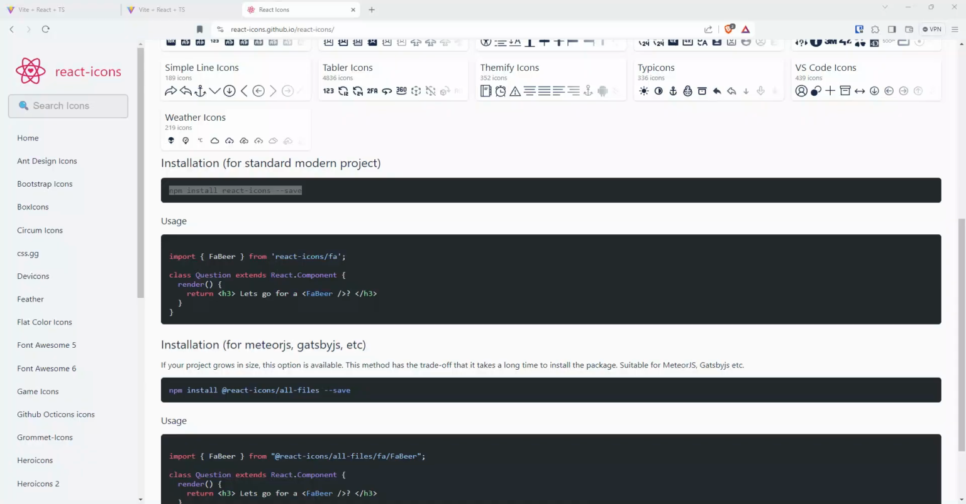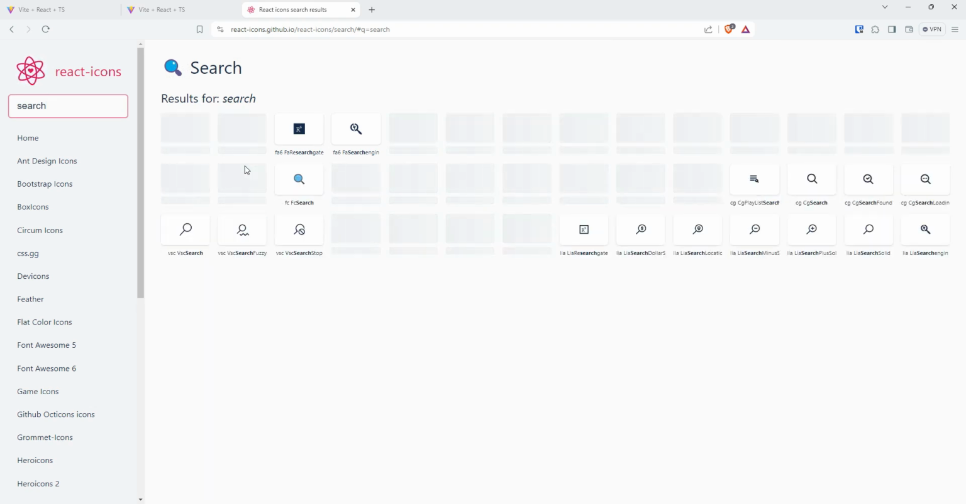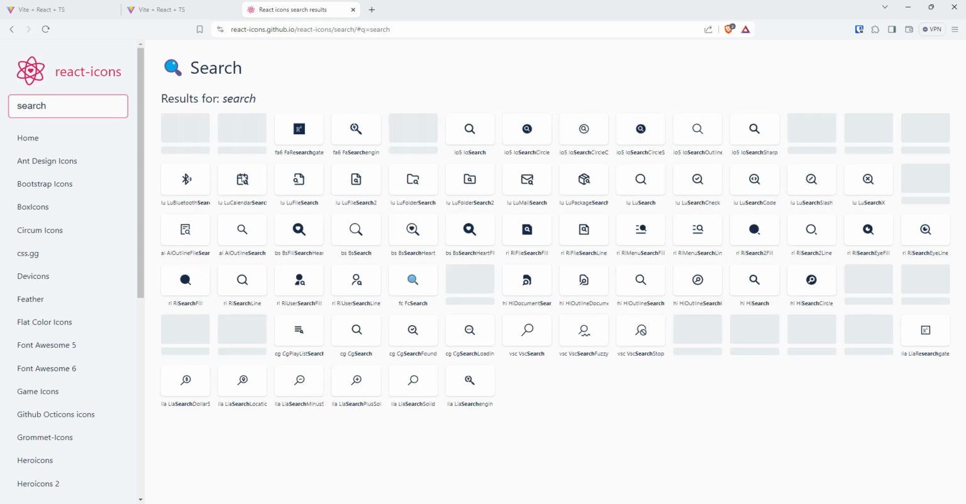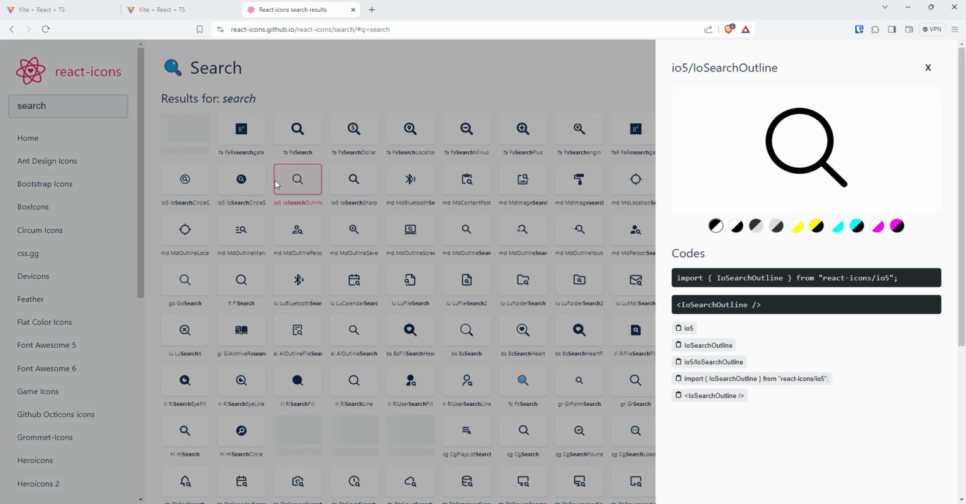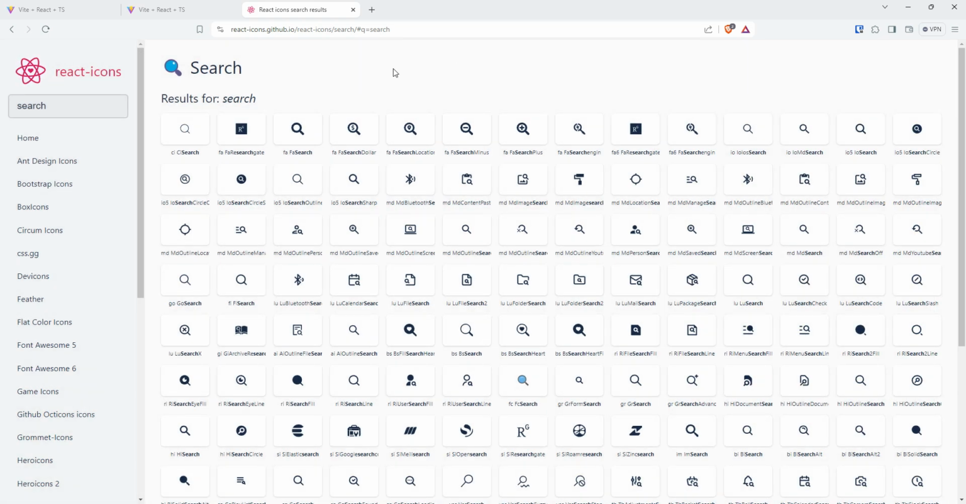Okay, while it's installing we can search for our icon. So I'll just type search here, so we can see icons of search. You can use any icon you wish. Suppose you like this icon, you click on this icon, and then you can just click on this import statement to import that very icon. For this case I'm just going to use a search icon which I already used